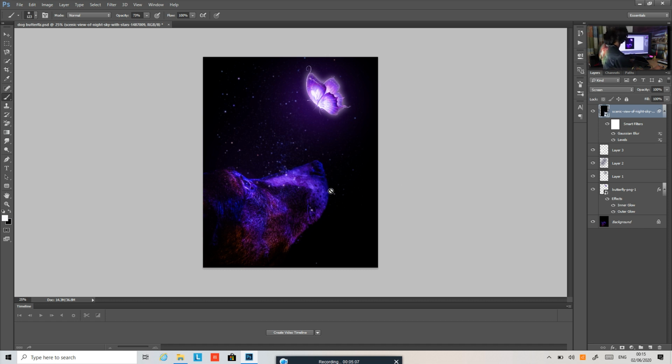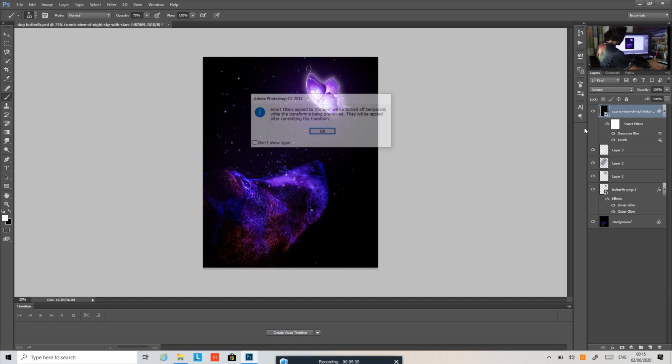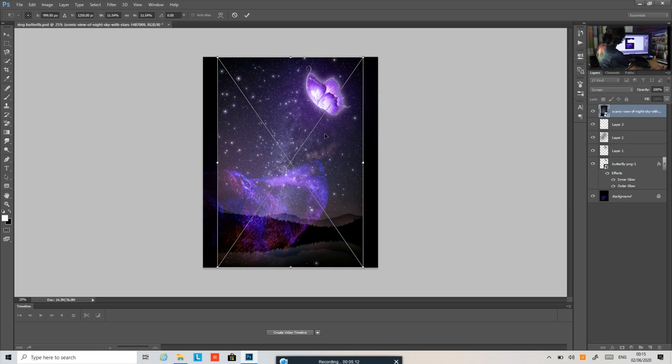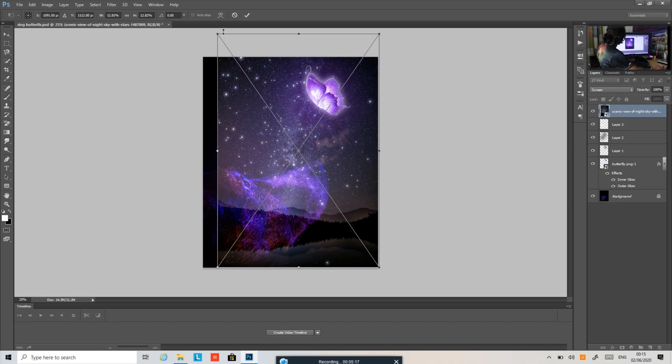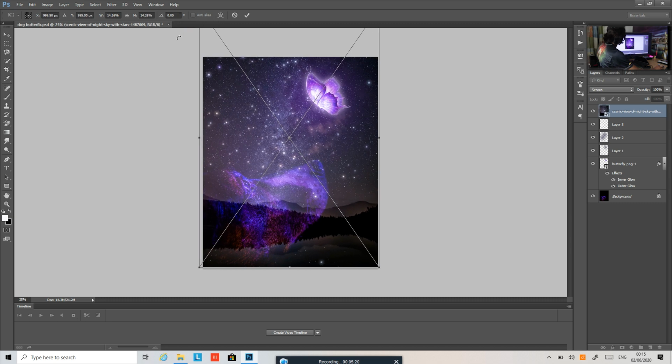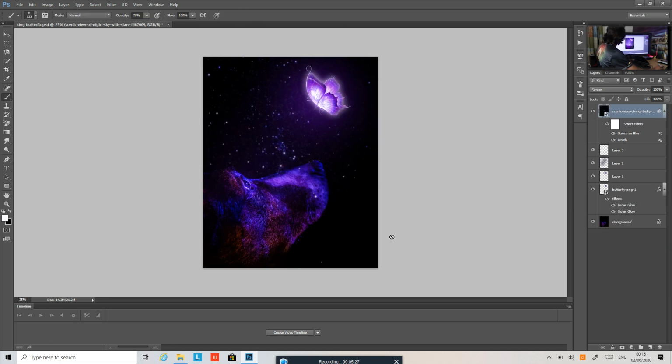Well, let me make it a little bit better by increasing its size. And I want this particle effect on my whole picture, so you can press Control T, the transform button, and press the Shift button whenever you are increasing the size. So look, this looks pretty good. I actually like this picture till now. Maybe I will add some